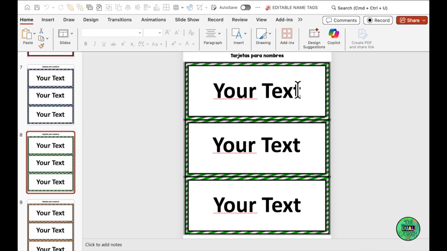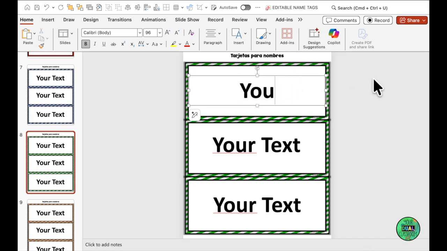And all you do is just click on where it says your text, and it's already centered for you, and I've chosen a pretty universal font, but you can change the font if you like, and I recommend that you keep it on bold just so that it's easier to see. So I'm going to just put in my first name, Anna,